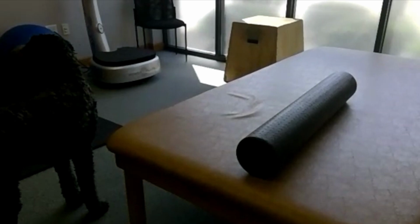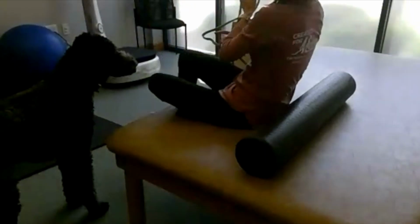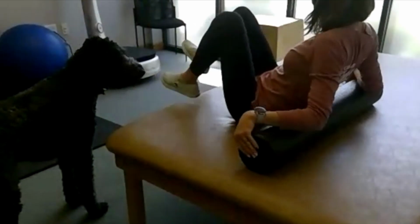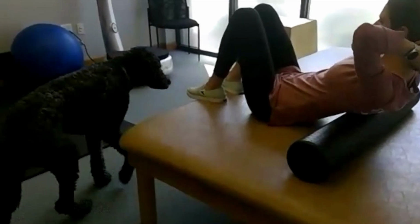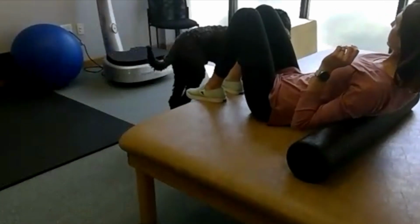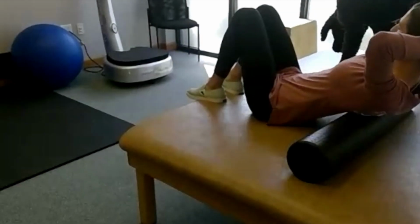And she's grabbing a band here. Sorry. So a foam roller, if you have one of these things, some people kind of wonder, okay, I have this foam roller, but I'm not sure exactly how to use it. Maybe lay next to Michelle on the table. Yep. She can use this band